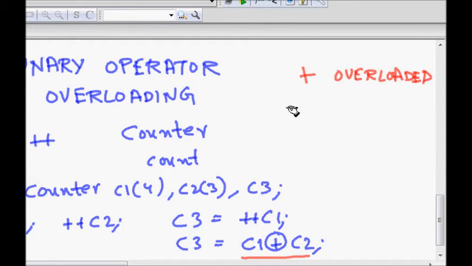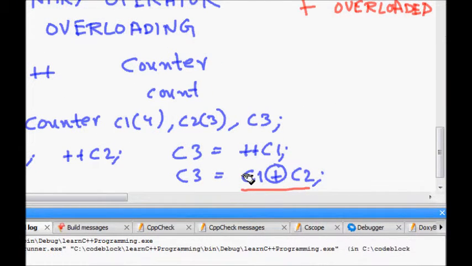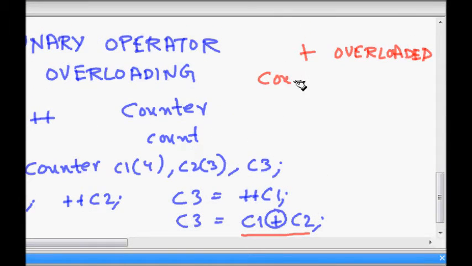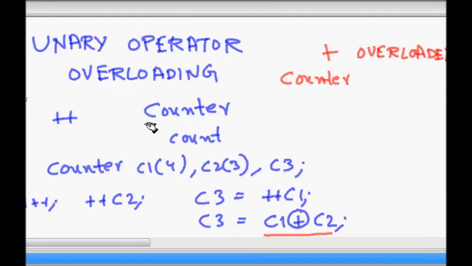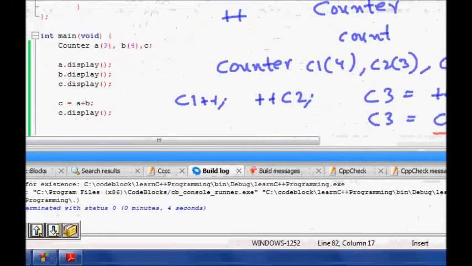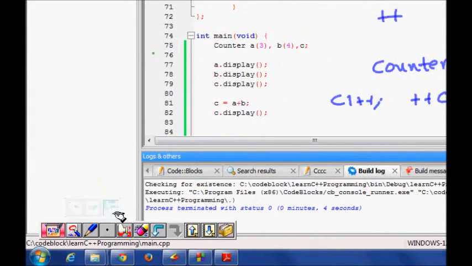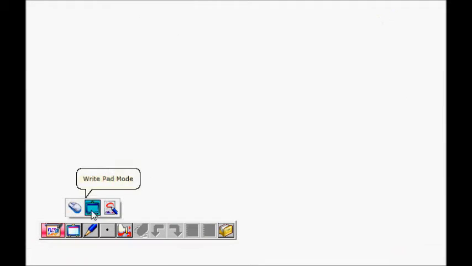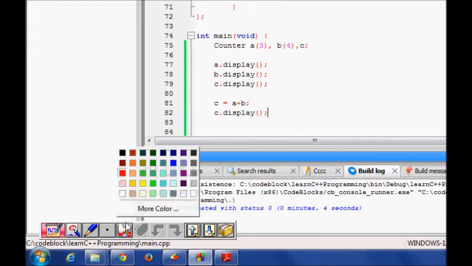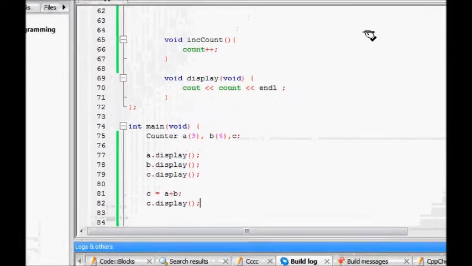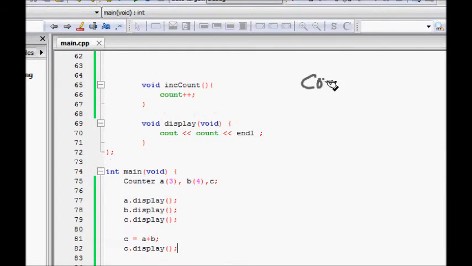So for overloading we need one operator overloading function. Plus is the one. This needs to return something also, so that c3 will be assigned the sum of c1 plus c2. So the return type should be a counter object. So now let's try to write that function ourselves.